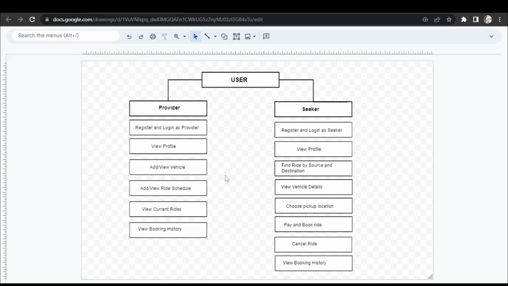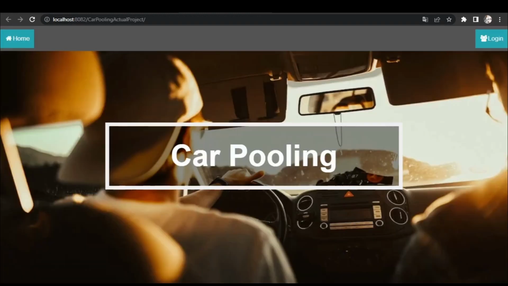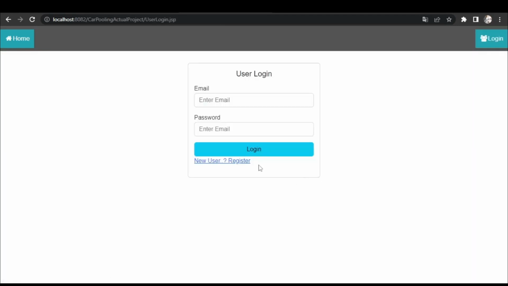Both users, seeker and provider, can see their booking history in their respective modules. This is the flow. Let's look at the website now. This is the home page of the carpooling system. First of all, users have to register